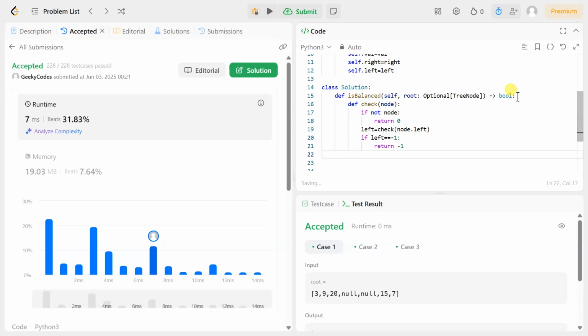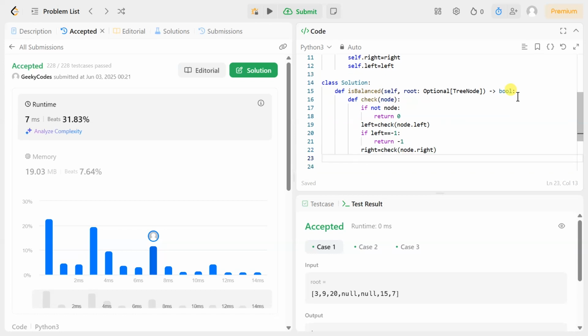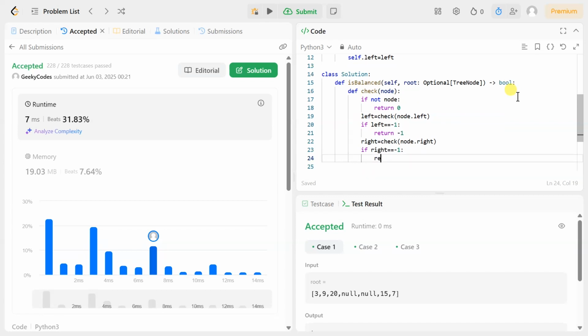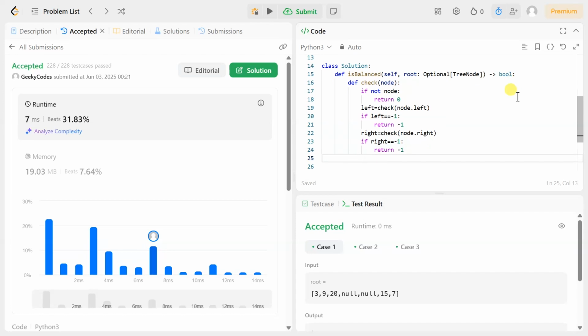Then right equals check of node.right, and if right equals -1, then we return -1, because this tells us that it is an unbalanced subtree on the right. Then we check the absolute difference between left and right,